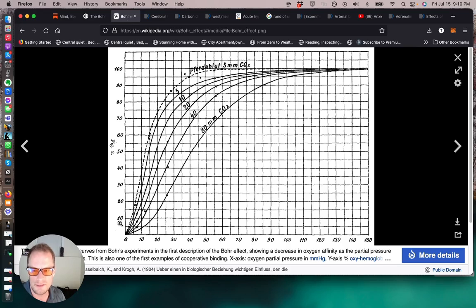Okay, so here are Bohr's research curves. On the left, we have the oxyhemoglobin, the percent of oxygen on hemoglobin, and on the x-axis, or the bottom, we have the partial pressure of oxygen in millimeters mercury. And then we have the z-axis, which is the different curves. What it's trying to show is that at a low concentration of carbon dioxide, in this case 5 millimeters mercury, you have a very high affinity for oxygen on the hemoglobin, even at a relatively low pressure of oxygen. And then, if we kept the same pressure of oxygen and we increased our CO2 to 20 millimeters of mercury, then we've changed